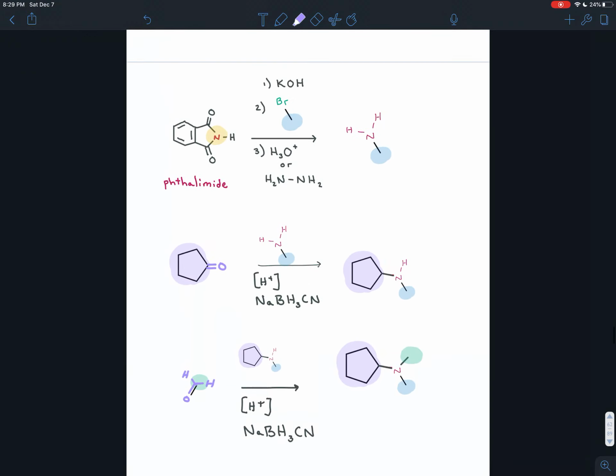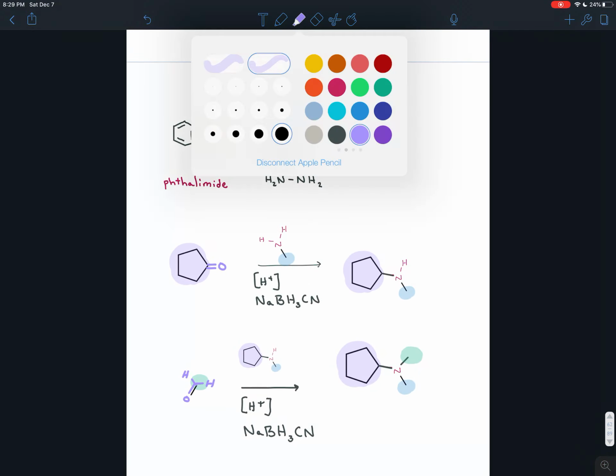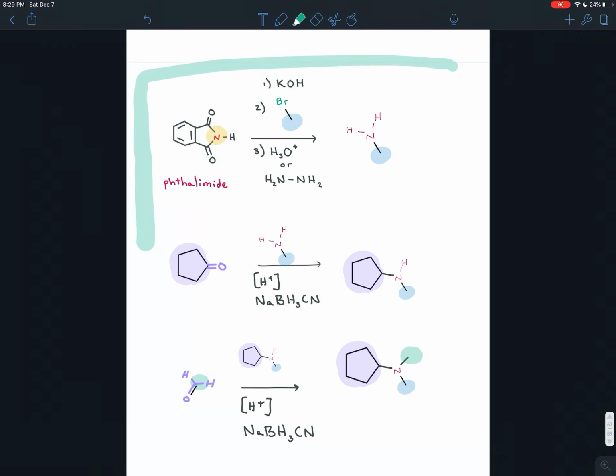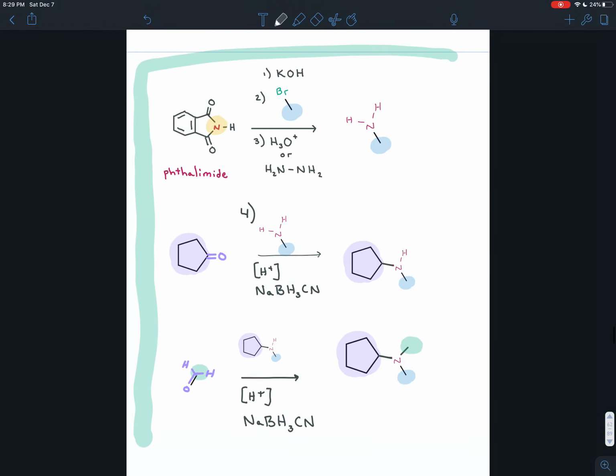Okay, so overall, our synthesis is, first, we'll use the Gabriel synthesis. We'll start with phthalimide, treat it with potassium hydroxide, the least hindered alkyl halide that we can make, and then either hydronium or hydrazine. In the second step, well, really the fourth step, we'll take the amine we made and combine it with one of the aldehydes or ketones that we know we needed from the original molecule. We combine it in the presence of an acid catalyst and a weak reducing agent, and that gives us our